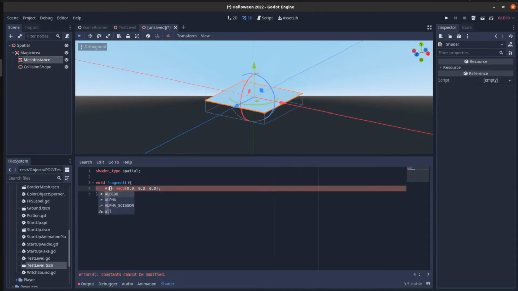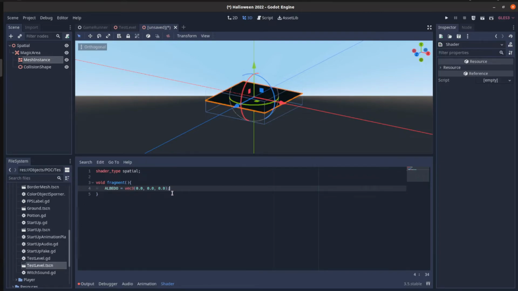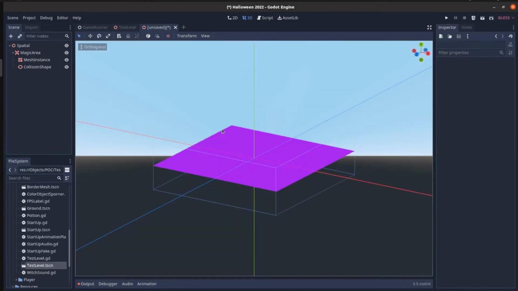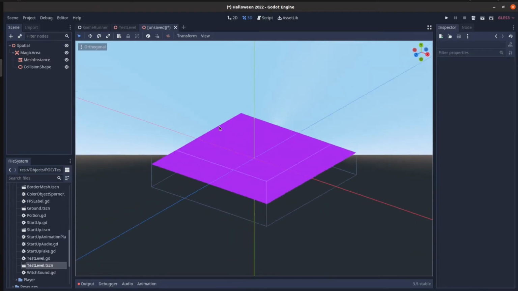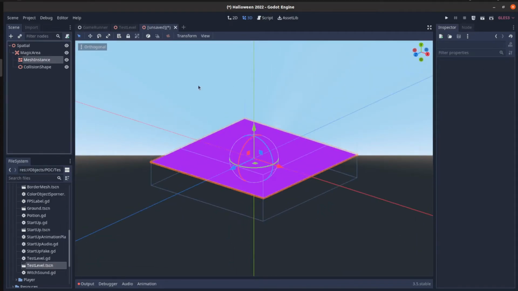In Godot it's called albedo. You see this is getting a vector with 3 values. These are the RGB values we can set to a value between 0 and 1. If we set both the red and the blue value to 1, we see magenta again, just like expected. Cool, but we don't want to set the color by hard coding some values, so first we create something that